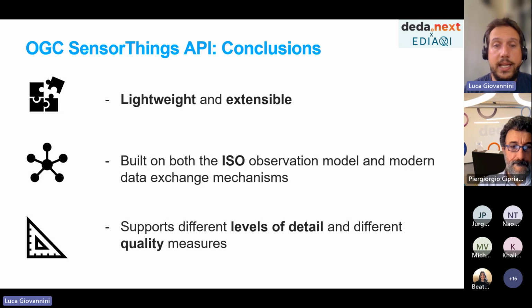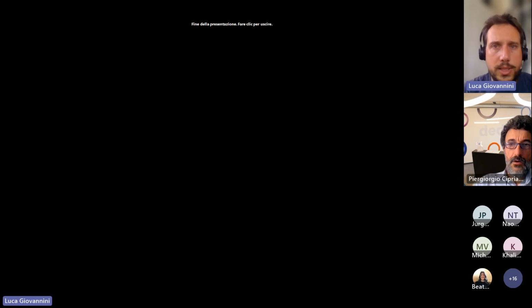And it supports very detailed levels of information and quality measures. You can add through the extra properties all the additional information you need also to handle the topic of the quality of the measures. So it's really a complete and rich standard, and at the same time adjustable to many settings. And I think that concludes the presentation.